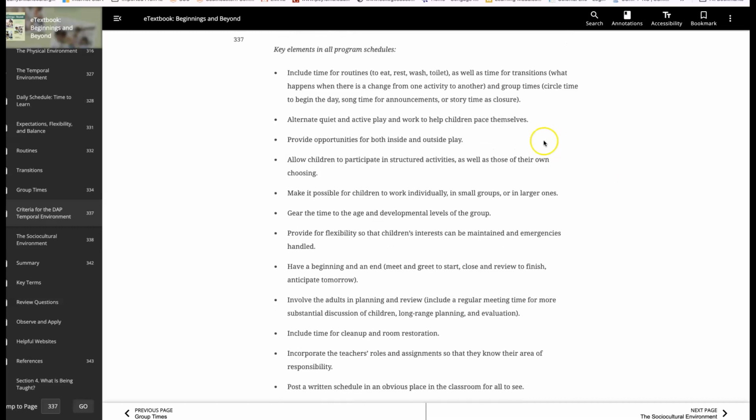You have opportunities for inside and outside play. According to North Carolina rules and regulations for child care centers, children are supposed to go outside every day, and weather permitting, twice a day.